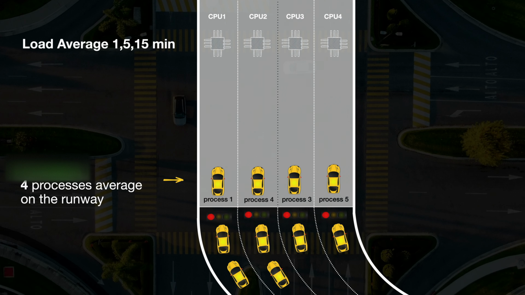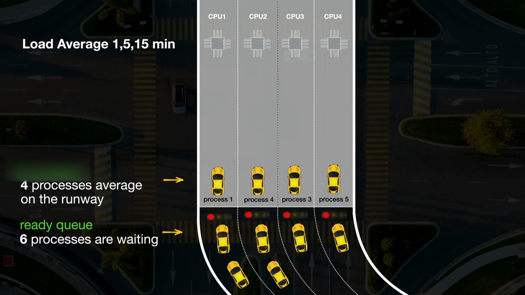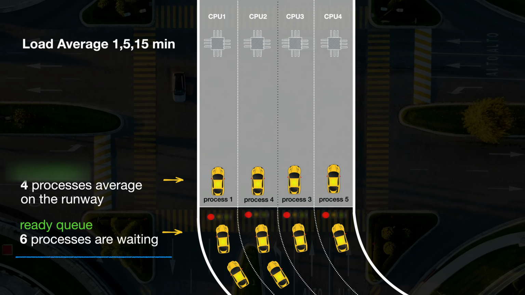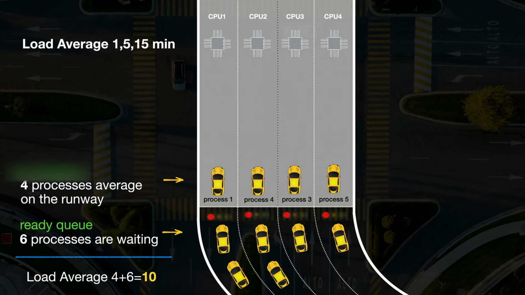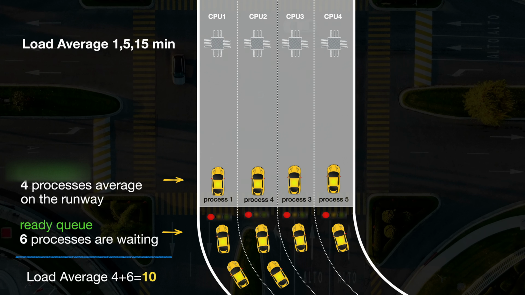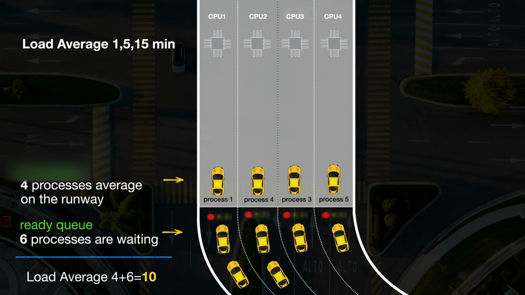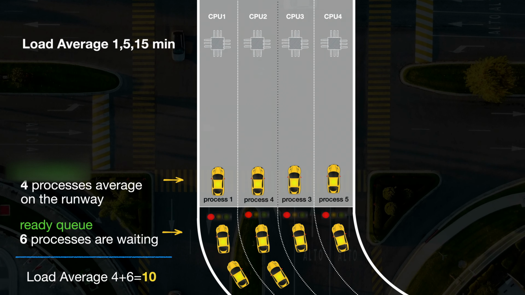Load average includes the cars on the freeway and also the cars that are queuing up and waiting to get on the freeway. In a non-rush hour there could be little demand for the freeway, but there just happens to be a lot of cars on the road. The CPU percentage shows us how much time the cars are using the freeway, but the load average shows us the whole picture, including cars that are ready to use the freeway but are waiting for a slot.